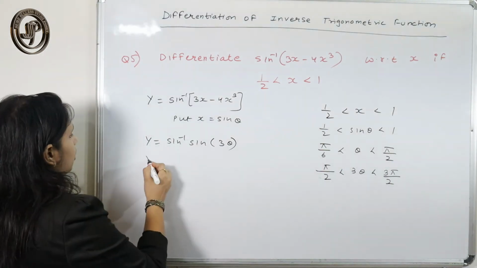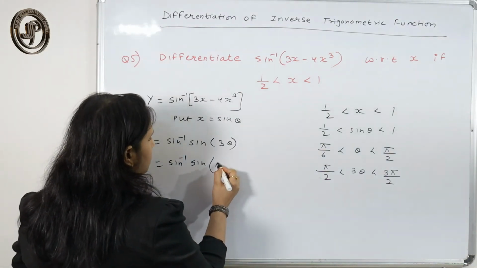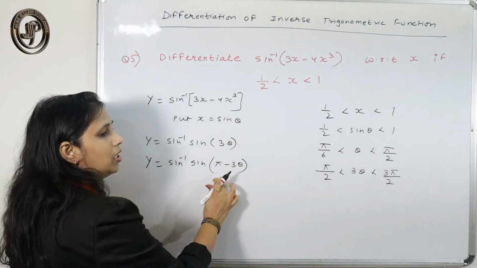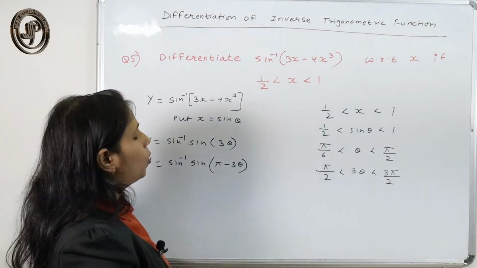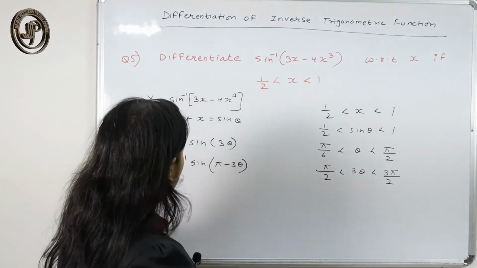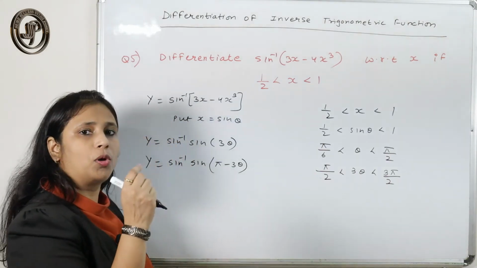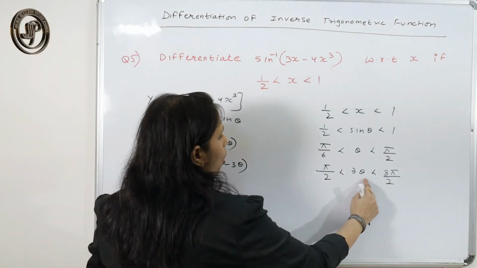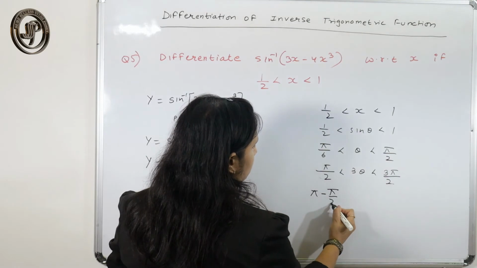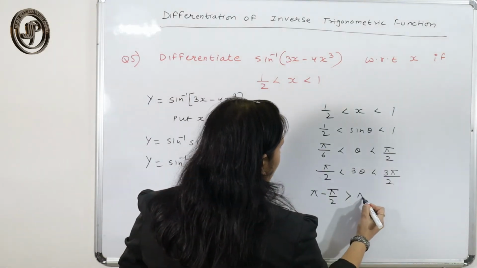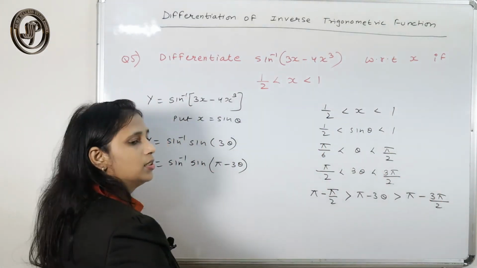So what can we write? We have two options. We can write this as pi minus 3 theta, because sine of 180 minus theta is also sine theta. So we can write this also with this. So now check with pi minus 3 theta. What I told you in the previous question: we have to put the pi minus term with all of them. So we add pi minus this thing, and the inequality will reverse. Pi minus the thing that is already written.